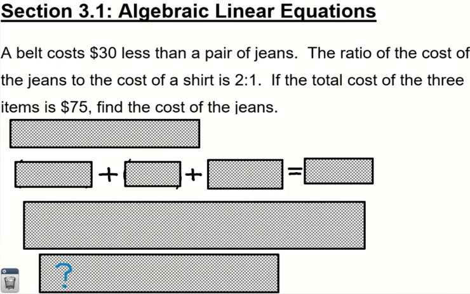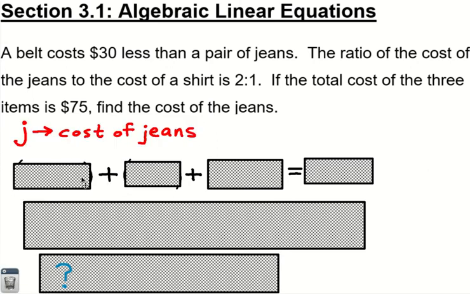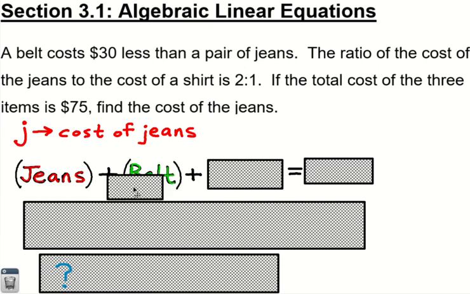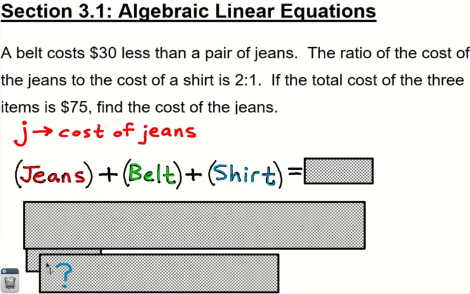So we have a pair of jeans, a belt, and a shirt, and they're all going to add up. Starting here, the price of the jeans, plus the cost of the belt, plus the cost of the shirt, would all equal $75. Okay, but we can't necessarily